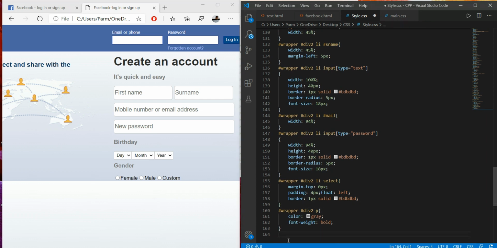Now in the next line what we have to do, we have to format this select.